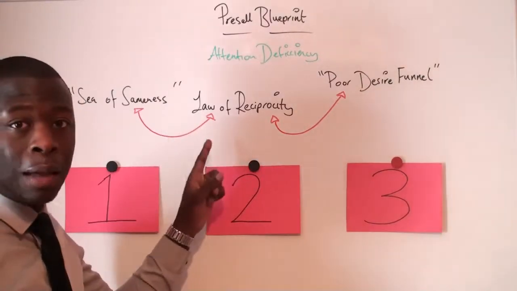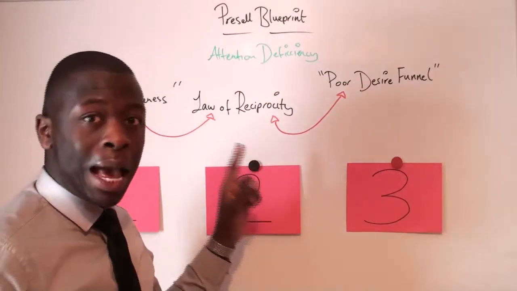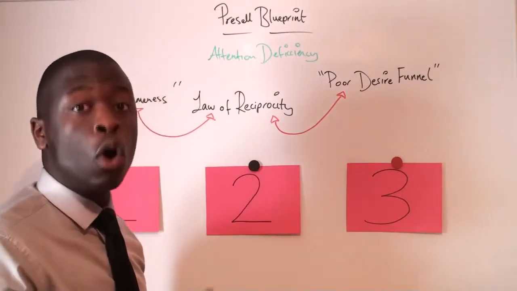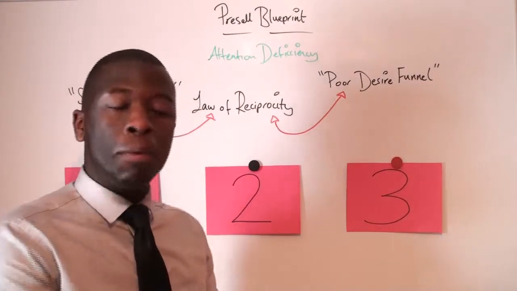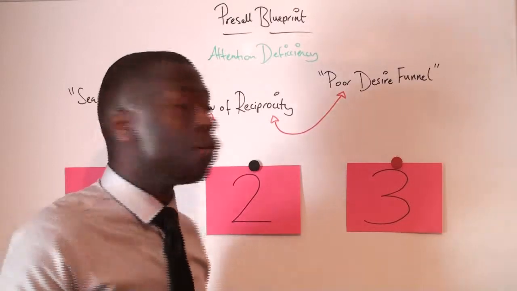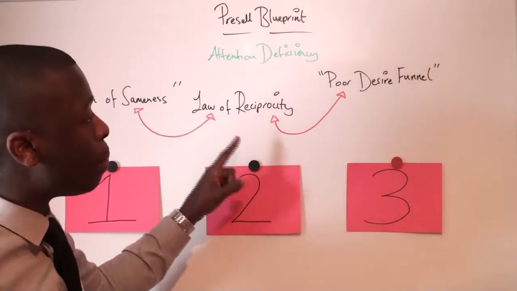You need to harness that. So give massive use value and it will come back to you tenfold, 100-fold. Okay, in the Bible it says, give and it shall be given to you, pressed down, shaken together and running over. So the law of reciprocity, that is very, very powerful.